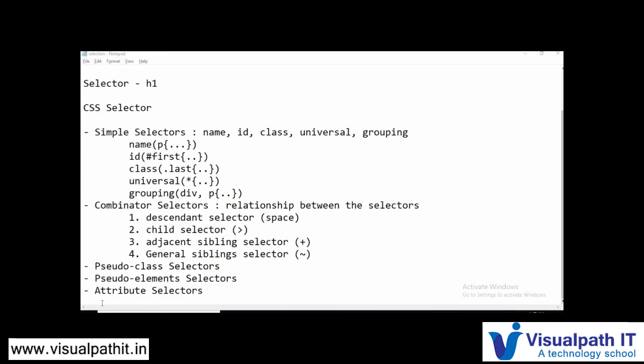Okay, now let's go to the next topic, that is the pseudo class selectors. A pseudo class selector is used to define a special state of an element. Let's just mention that, special state of an element. This is mainly used for giving a style to an element when a user moves over it, or when a link is visited or unvisited, or when it gets focus.